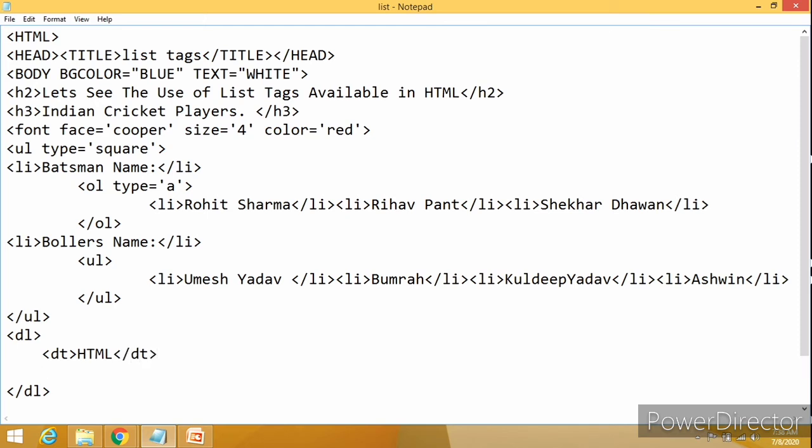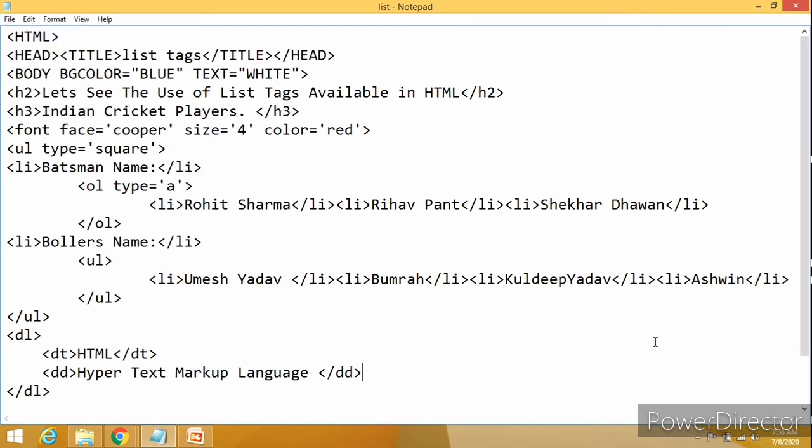Again I want to have the data definition, so for the data definition I use the DD. If I say for the DD, hypertext markup language. So this is the definition of HTML, isn't it?